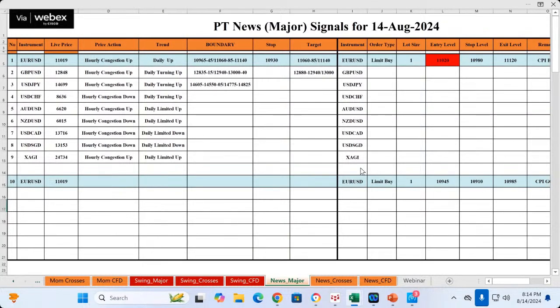So now we have given this call. What I would want you to do is, you may want to try it out on a demo, or you may want to put your trade. This is up to you to decide, and whatever you're doing is going to be your own discretion. Okay, the next call we are giving is, we are betting that the data is bad. Now we are going to trade on the pound. Let me go back to the screen.